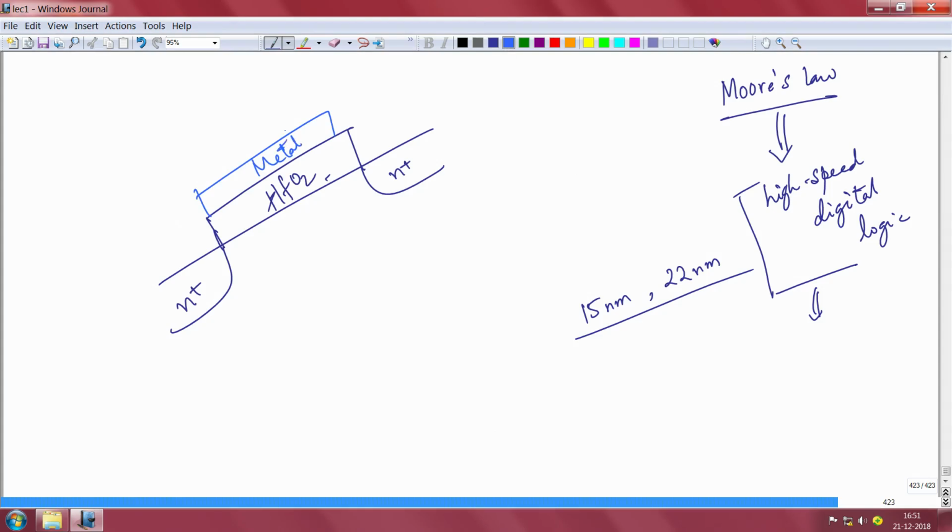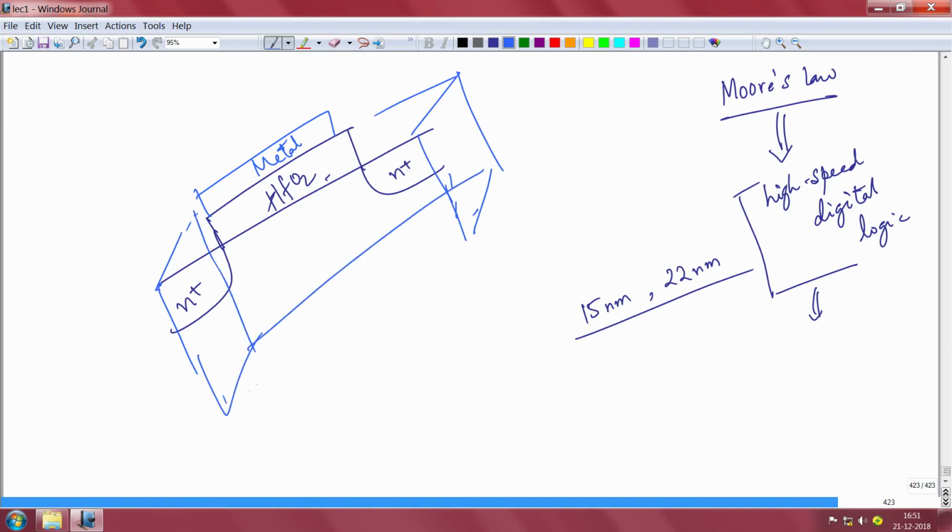What I was about to tell you is that it's a planar device, so you can think of it like a planar device sort of a thing. But in a planar device, the metal will only be able to influence the gate from the top. So the channel depletion and other things are difficult to control because of short channel effects.